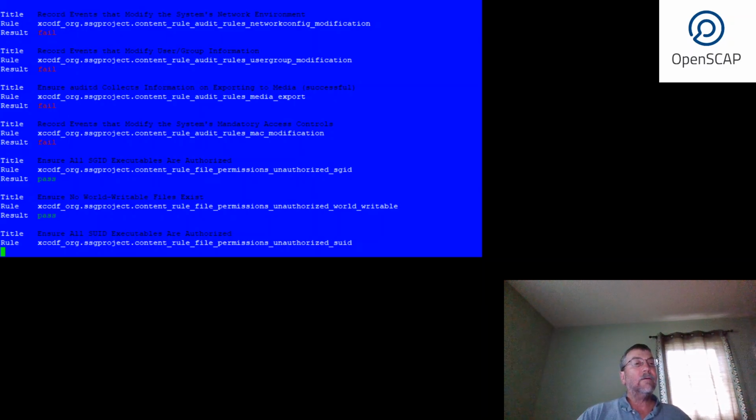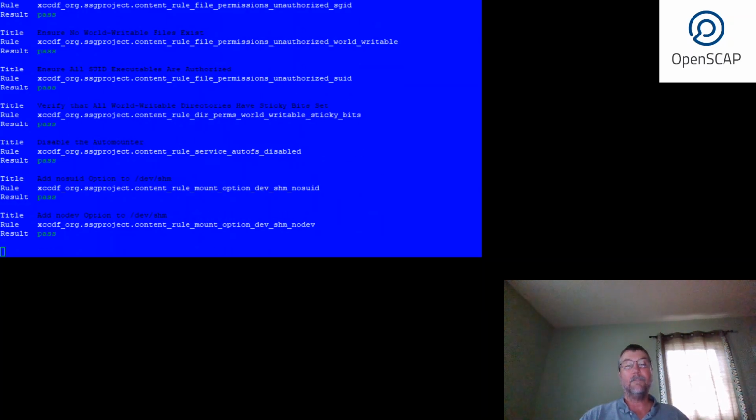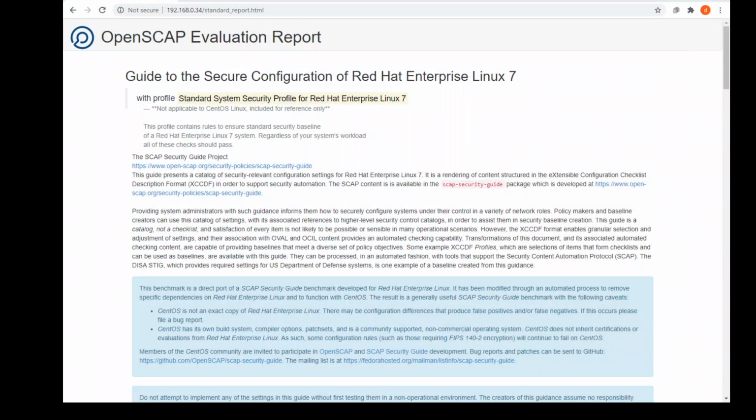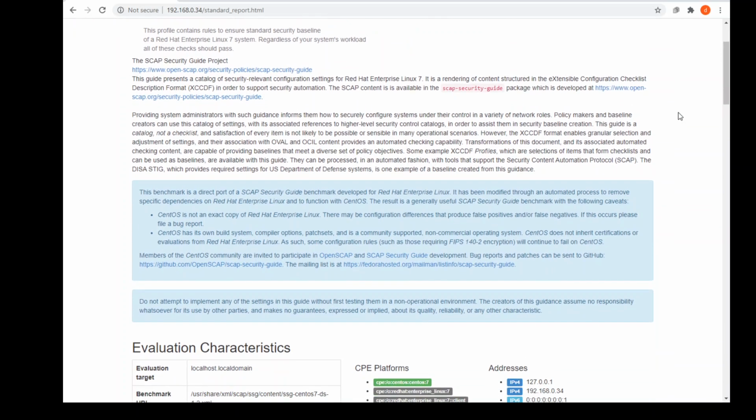Just another few seconds more here. Okay, there, it finished. So now it generated a report, and we can go look at the report. So looking at the report, the top part contains detail about OScap policies and the operating system being evaluated. In this case, the report points out that there are some configuration differences between Red Hat, which the policy is written for, and CentOS, which is what we're using for the evaluation. So we'll just scroll down here to the